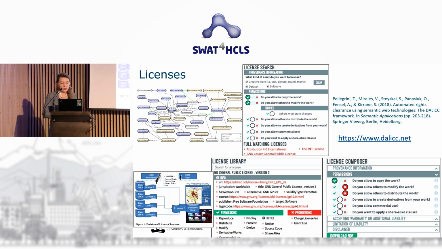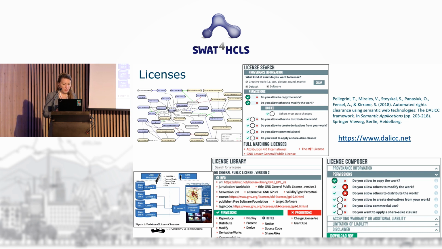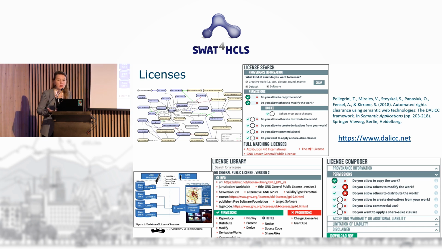Another way to share data is through licenses. We often do this when you go into some system and publish some data. Normally it asks you to select some license. But we also made a system in one of the projects where you can describe licenses semantically, mostly with ODRL, and most ontologies to do it actually already exist. So we had to extend them a little bit, and users can also create their own licenses.